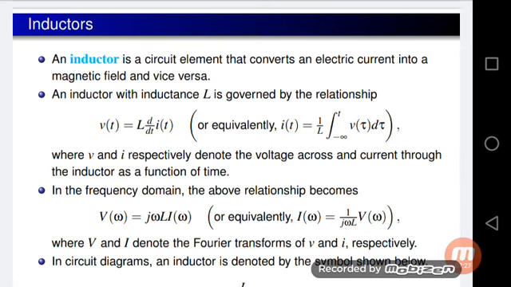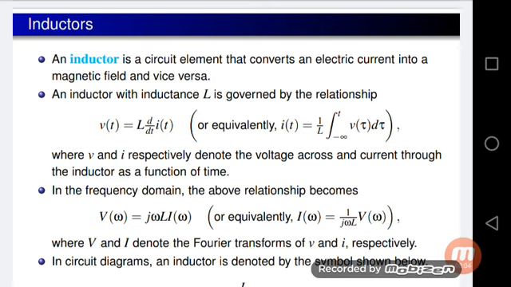An inductor with inductance L. Inductor is represented by L, and the related equations of the inductor with respect to time: V of t equal to L d by dt I of t, or equivalently I of t equal to 1 by L integration from minus infinity to t of V of tau d tau,